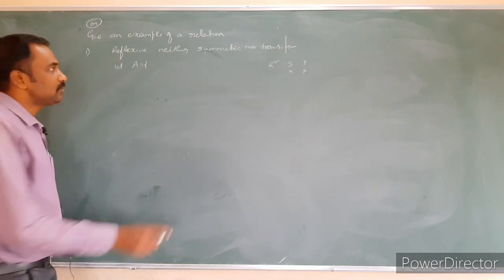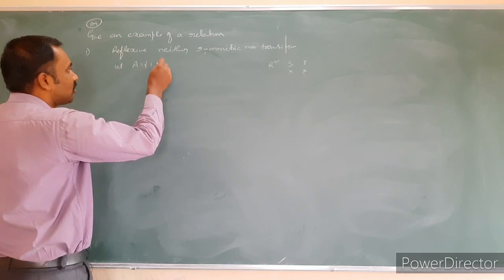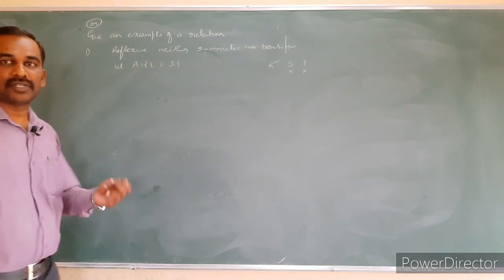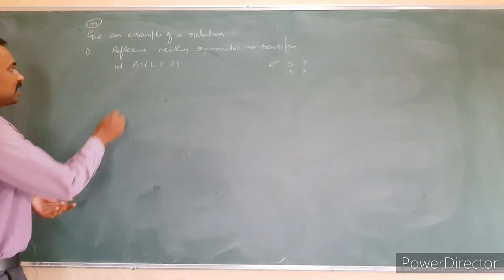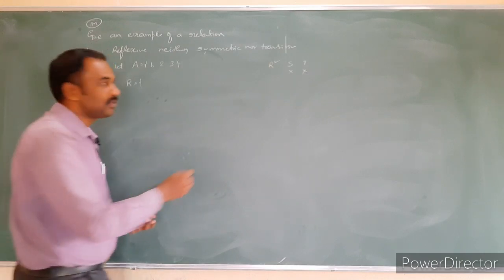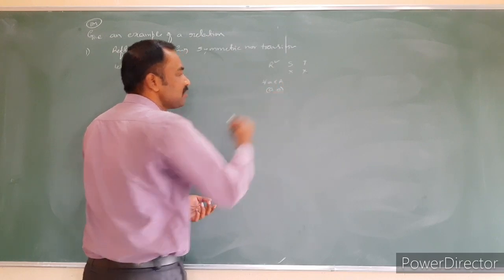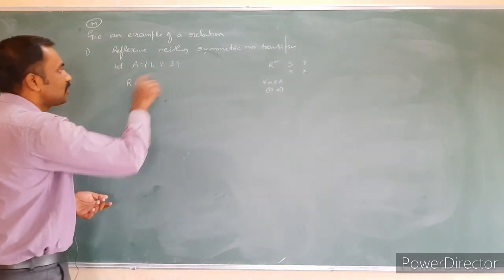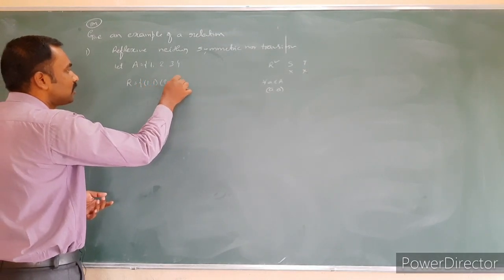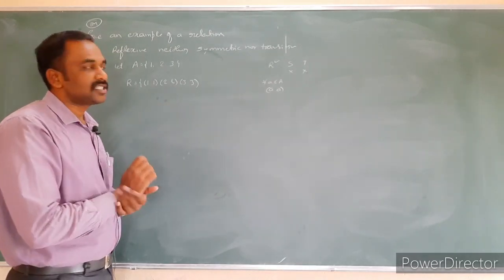While solving this type of problem, first of all make sure that a set is chosen. We have to choose one general set. I just consider the first 3 natural numbers. Okay, write the relation. How am I going to write it? It should be reflexive. What is the reflexive definition? For any element a belonging to the set A, the pair a comma a must be present in the relation. 1, 2, 3 are all present, so the pairs 1 comma 1, 2 comma 2, 3 comma 3 must be present in the relation R. So already it is present.